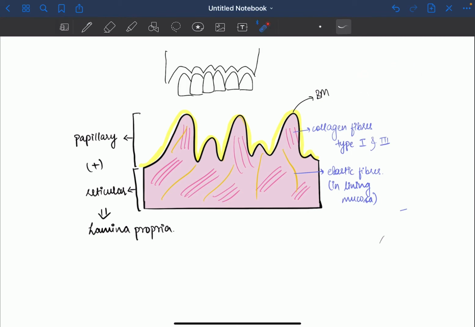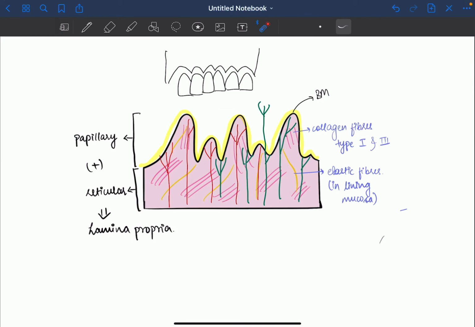See, what is the alveolar region? These are our teeth and these are the gums. And above the gums, this area is the alveolar region. Here, the papillary portion of the lamina propria is not found. The interdigitation between the lamina propria and the epithelium increases the surface area between these two layers, which facilitates the exchange of materials between epithelium and connective tissue, and it also increases the amount of blood vessels present.